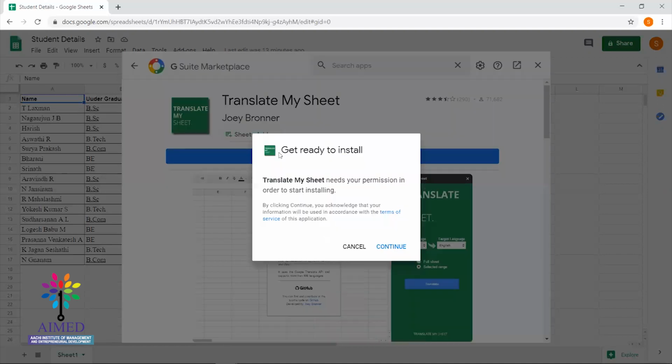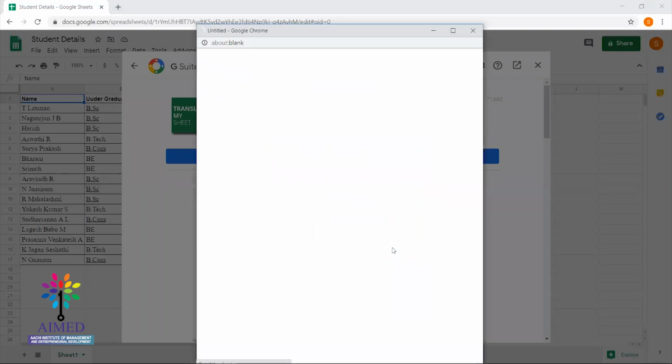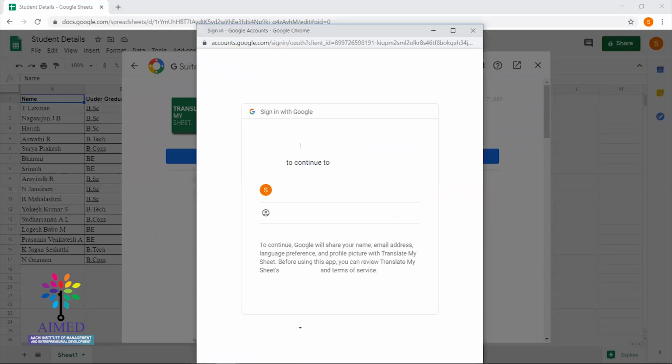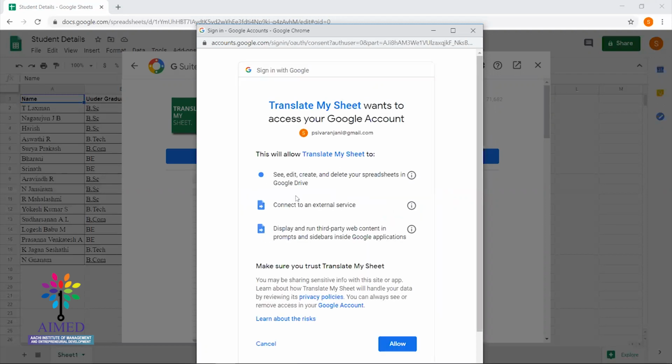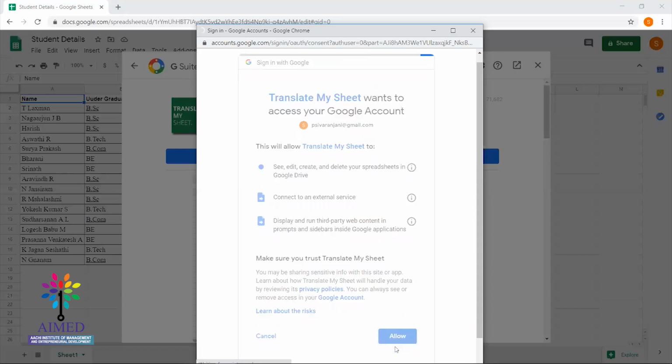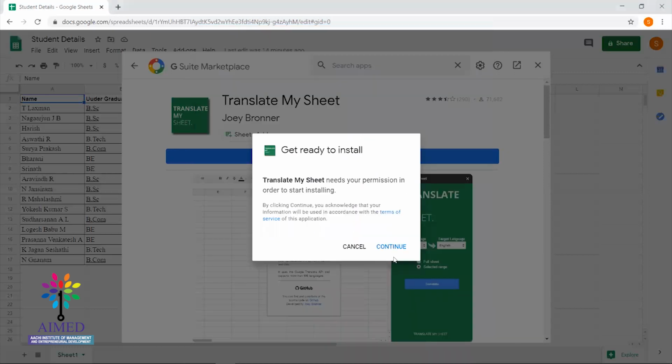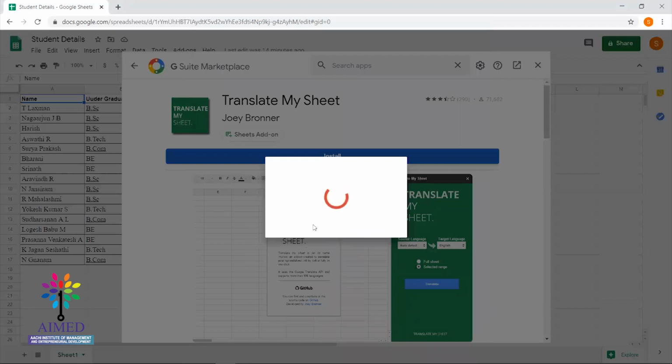Click on the install button and then the continue button to give the permission. And then you'll be asked to select the Google account you want to associate it with. I've selected my Google account, and then it will ask again for permissions over the apps it is going to work on. So I'm going to click allow. So once it is done, you'll get an intimation that the app was installed.